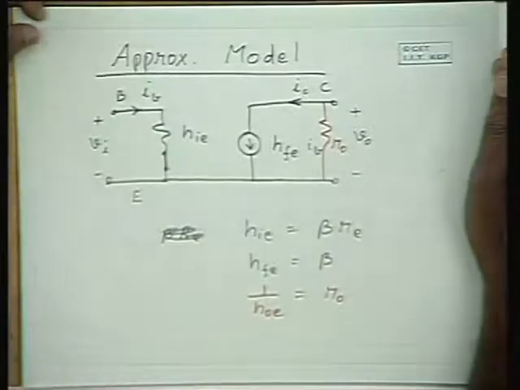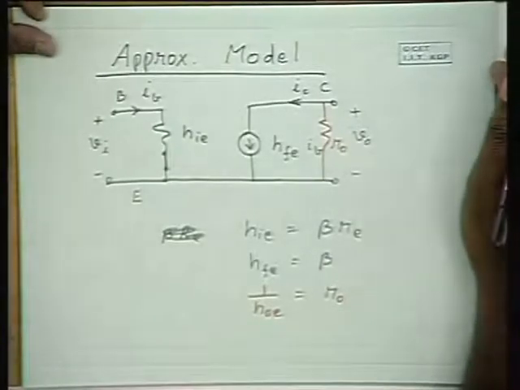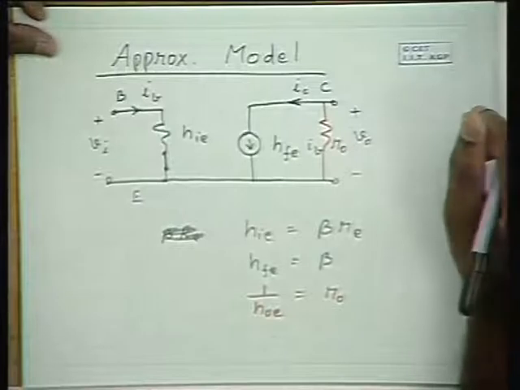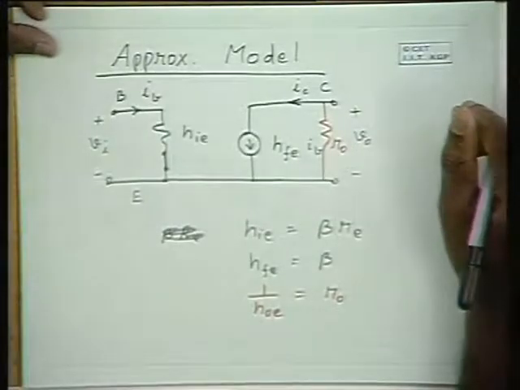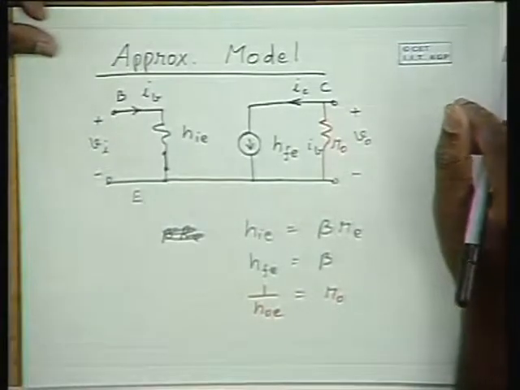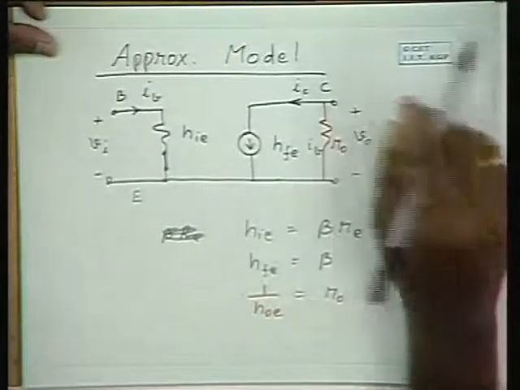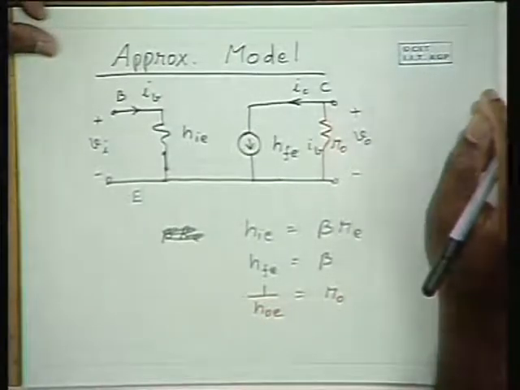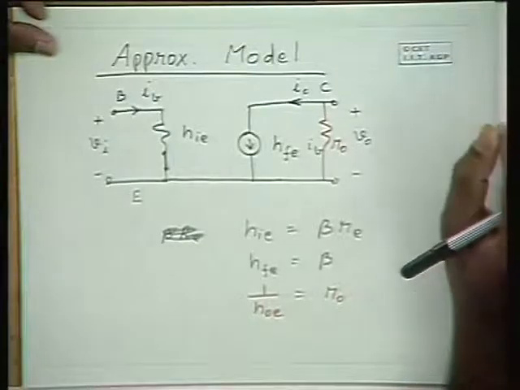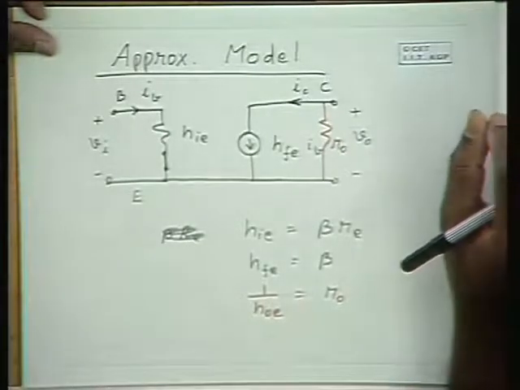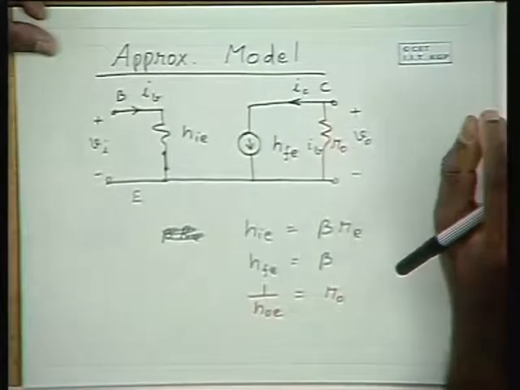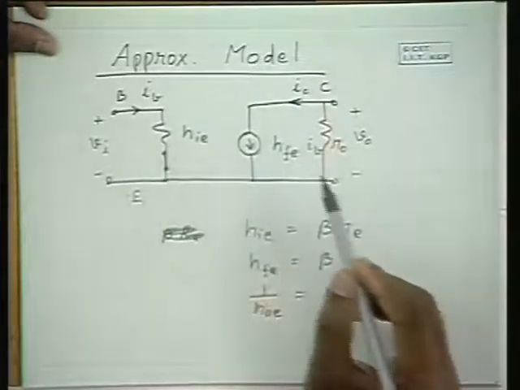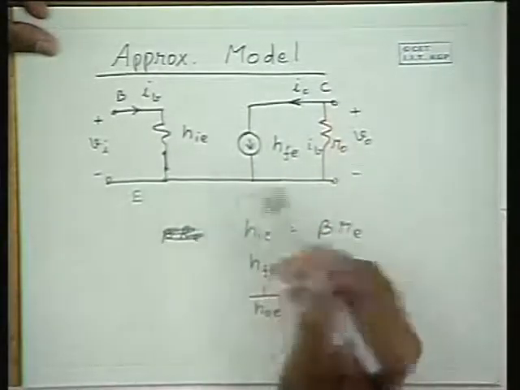Well, when transistor characteristics are given, we can determine these parameters from the characteristics. When the characteristics are given straight away, we can determine the voltage gain and the input impedance by finding the slopes of the characteristics and so on, which is a cumbersome process. Well, when H parameters are given, we can solve these equations, solve the network, do the network analysis and compute the various quantities of interest.